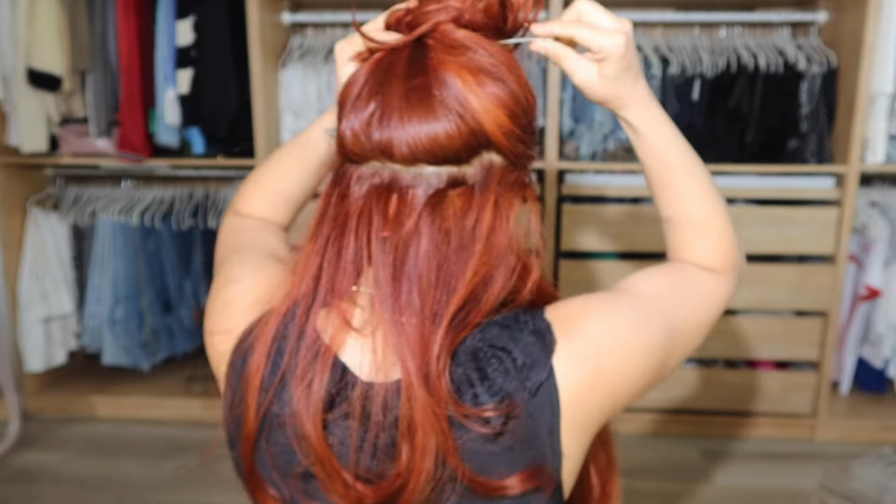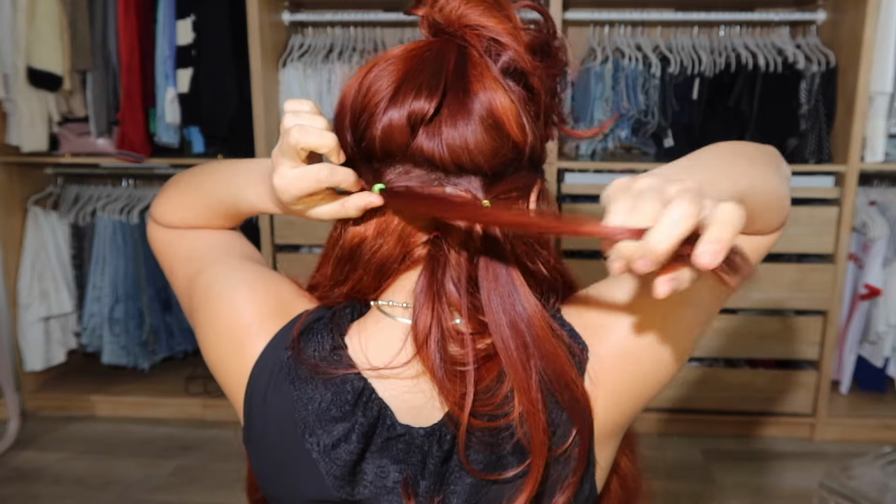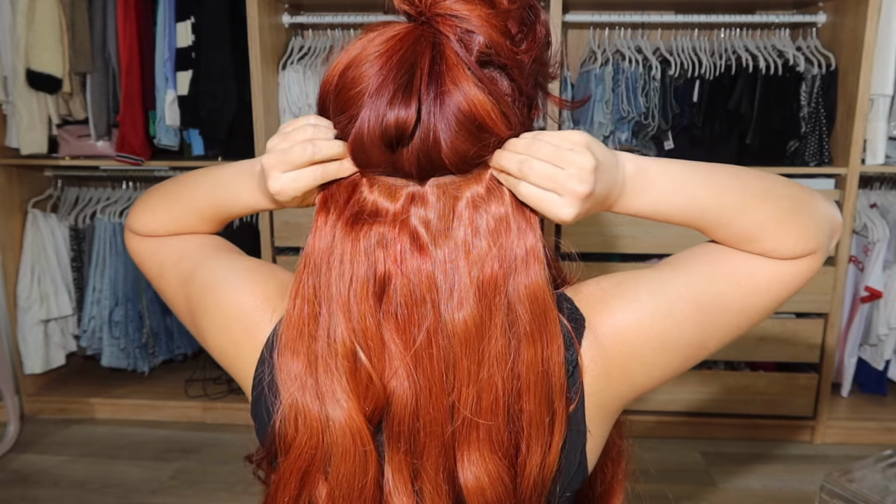Using the end of a rat tail comb will save your life. Make sure to thoroughly comb each section before tying it so that you have your hair laying flat. That way the extensions don't have any hair poking out and up. All right, so we've got all our really thick, chunky extensions in, and if I do say so myself, they